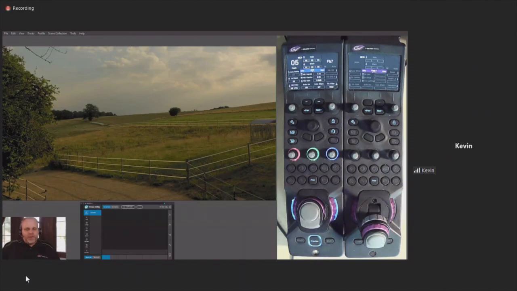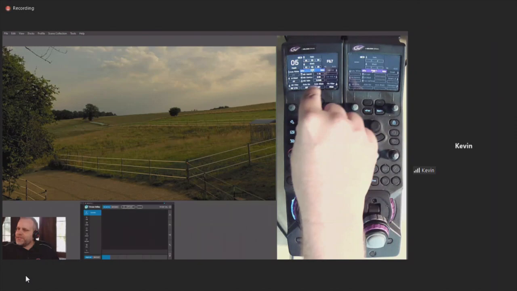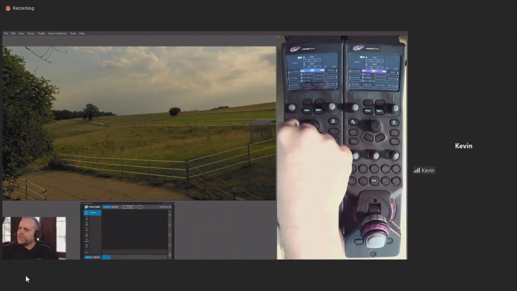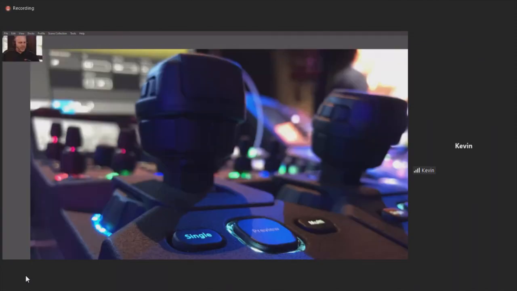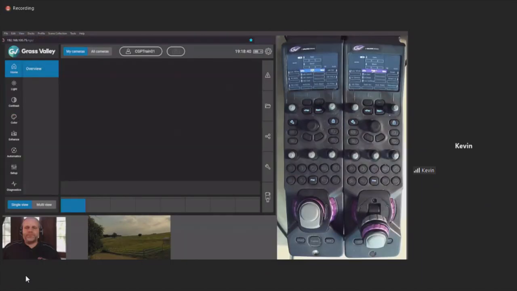Okay, let's start from scratch. We see over here two control panels, and I will immediately dive into some of the basics to understand how the whole system works. And what we do have here,